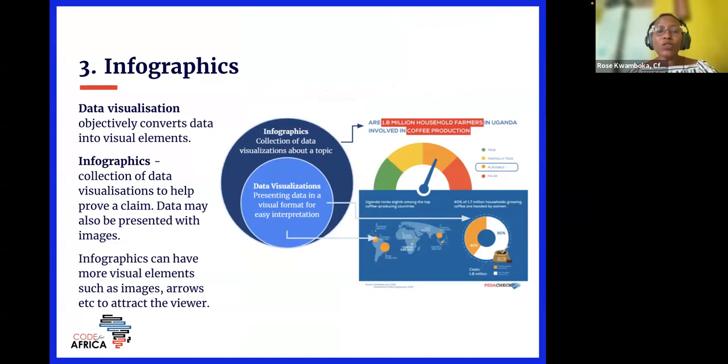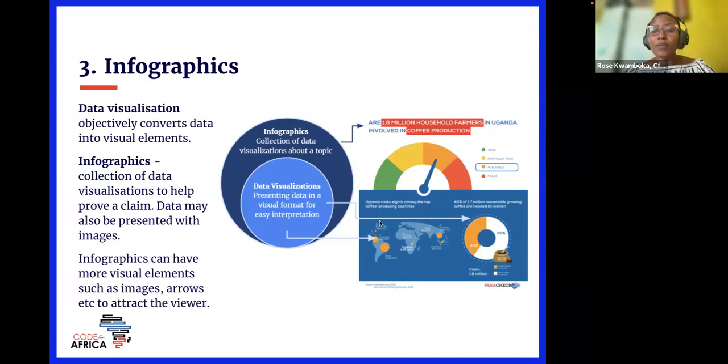The main difference is that a data visualization is a subset of an infographic, meaning an infographic is a collection of data visualizations and sometimes also includes images. For instance, in this example I'm showing you right here, we have this gauge, which is